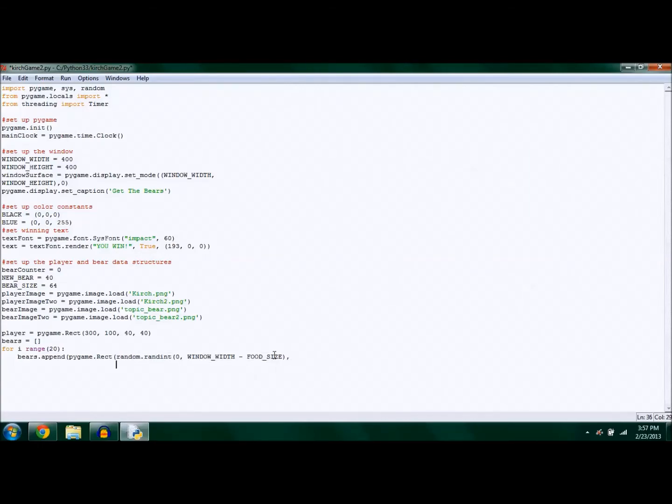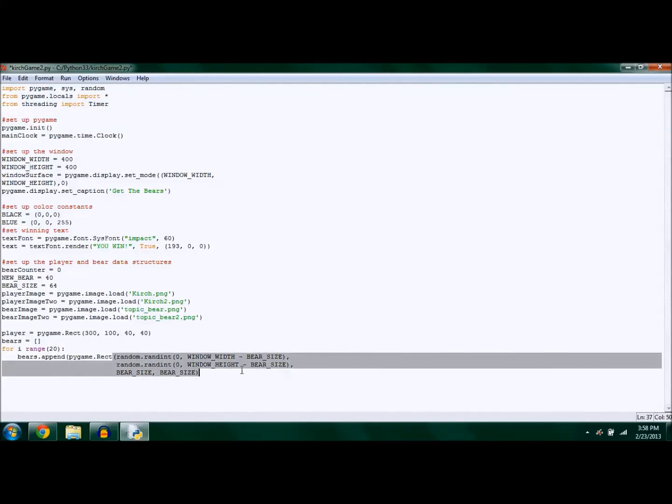The next one is going to be random.randint, 0 to window height. Height minus food, I did food again, dang it. Bear size. I gotta be careful with that. Bear size, and then bear size. So what this is doing is the same thing that we just did up here,